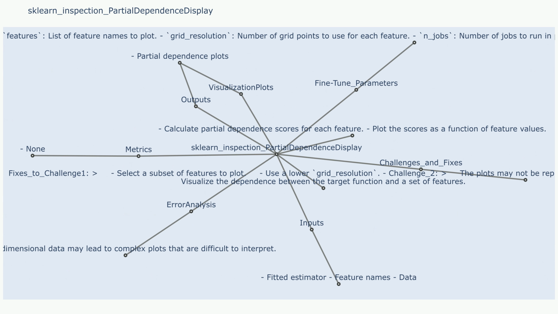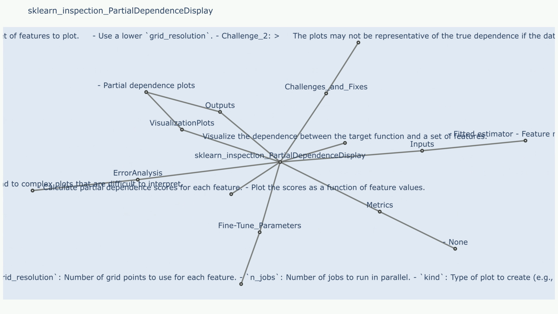1. Feature selection: specify the feature or pair of features you want to analyze. The PDP will visualize the effect of this feature on the predicted output. 2. Data subsampling: if necessary, subsample the data to reduce computation time. This is especially helpful for large datasets. 3. Grid creation: create a grid of feature values for the selected feature or features. The PDP will show the model's prediction for each grid point.